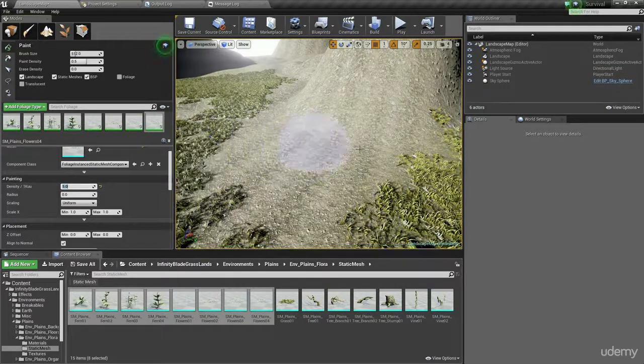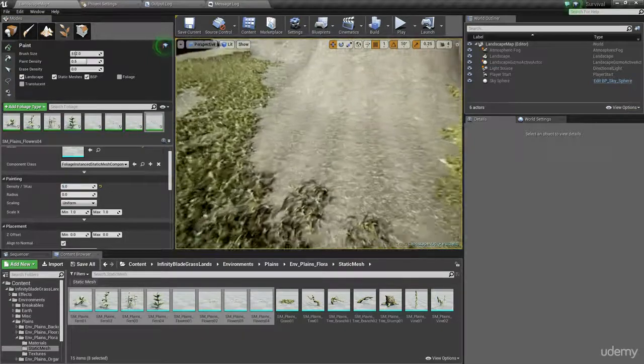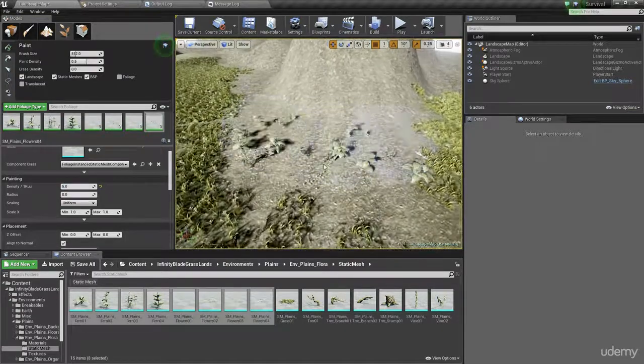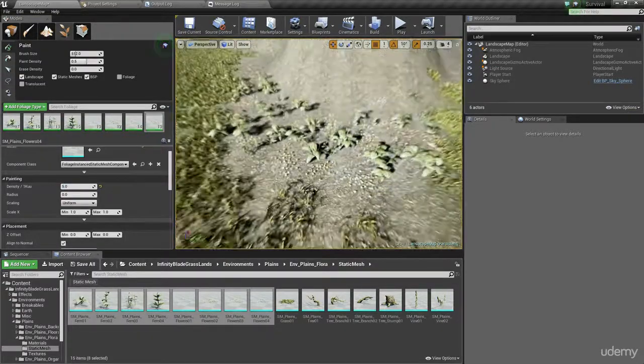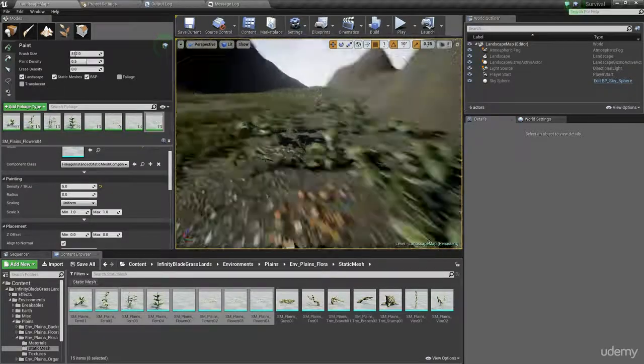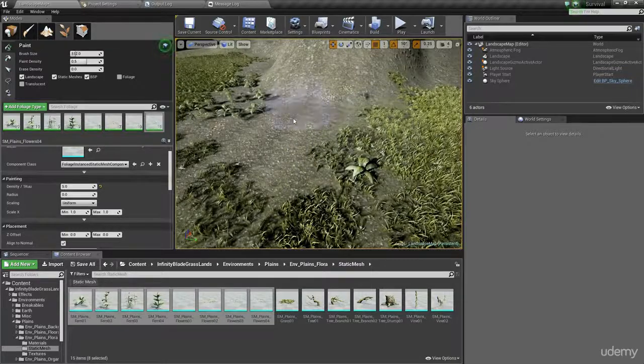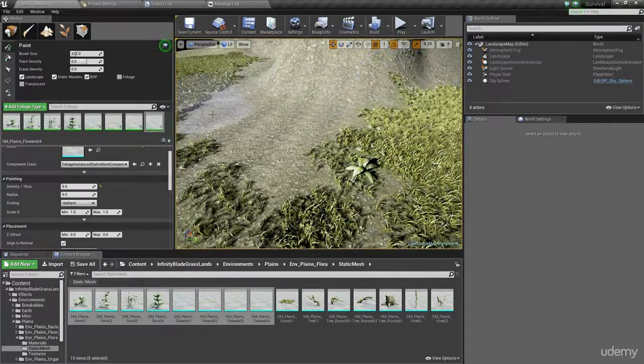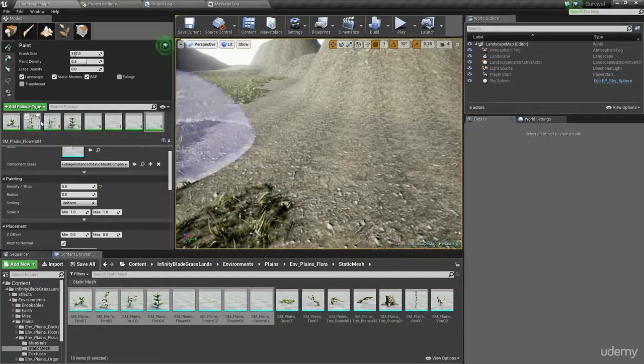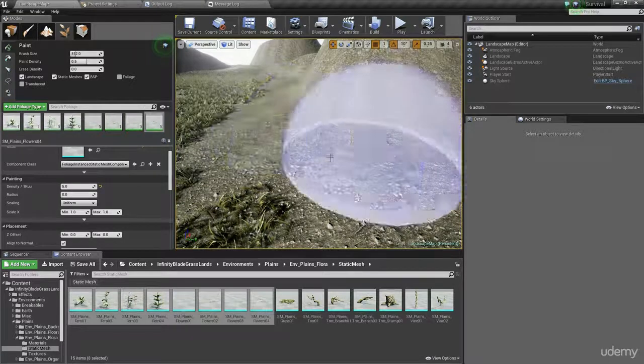So I've added all of these now, and to apply them into the game, all I need to do is left click, and you can see if I zoom in, that we've got nice flowers and plants being placed in that area. I can also shift left click and remove them. Keep in mind as well that I can mix and match some of these, so if I want to turn off the plants, I can just uncheck them,